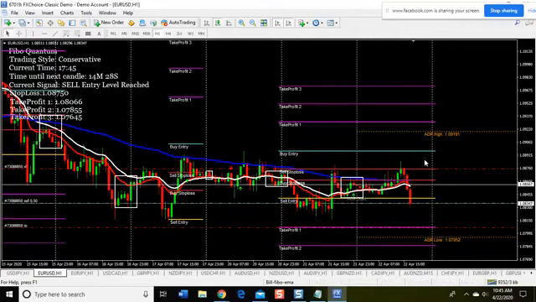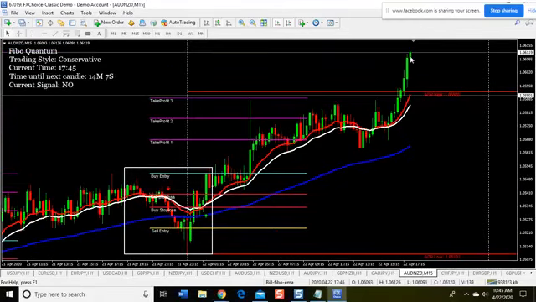That's the global trend count that I talk about in the training and in the rules document that's in the group. And again, we took this trade. We seen that the ADR low was down here below where we want to get out with our profit, so it was okay to take the trade. And if something happens here in this, I will come back on and let you know.